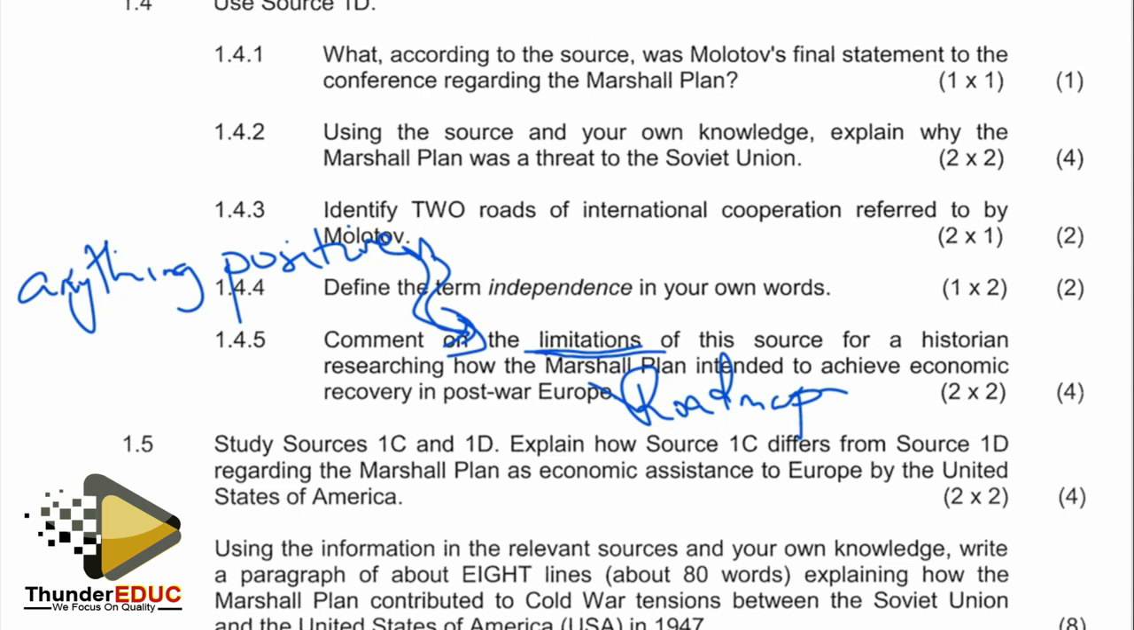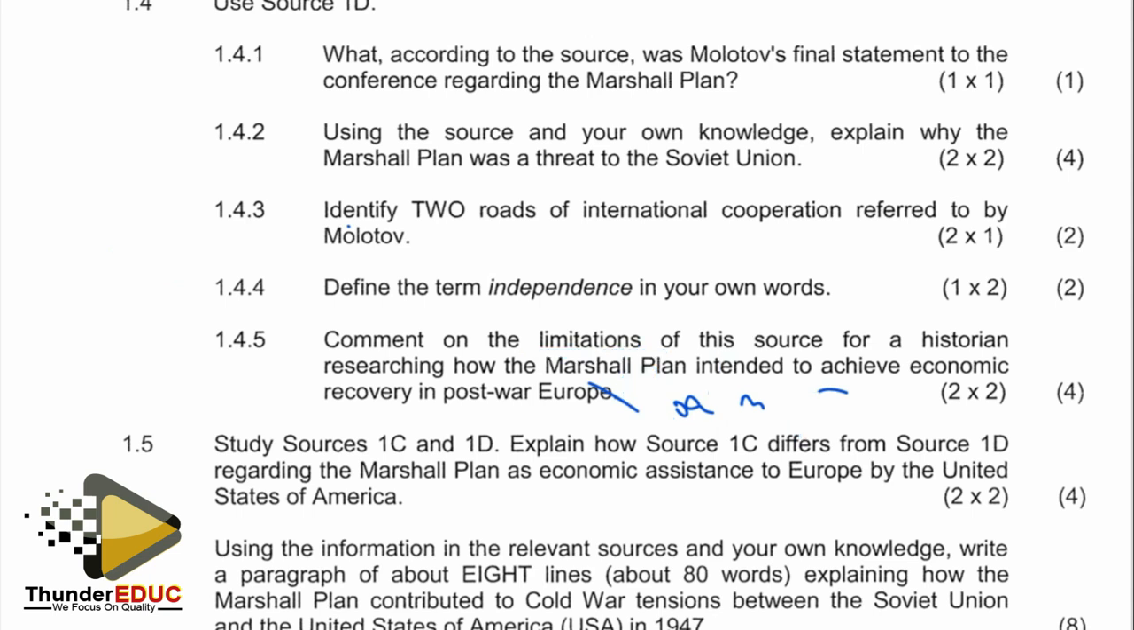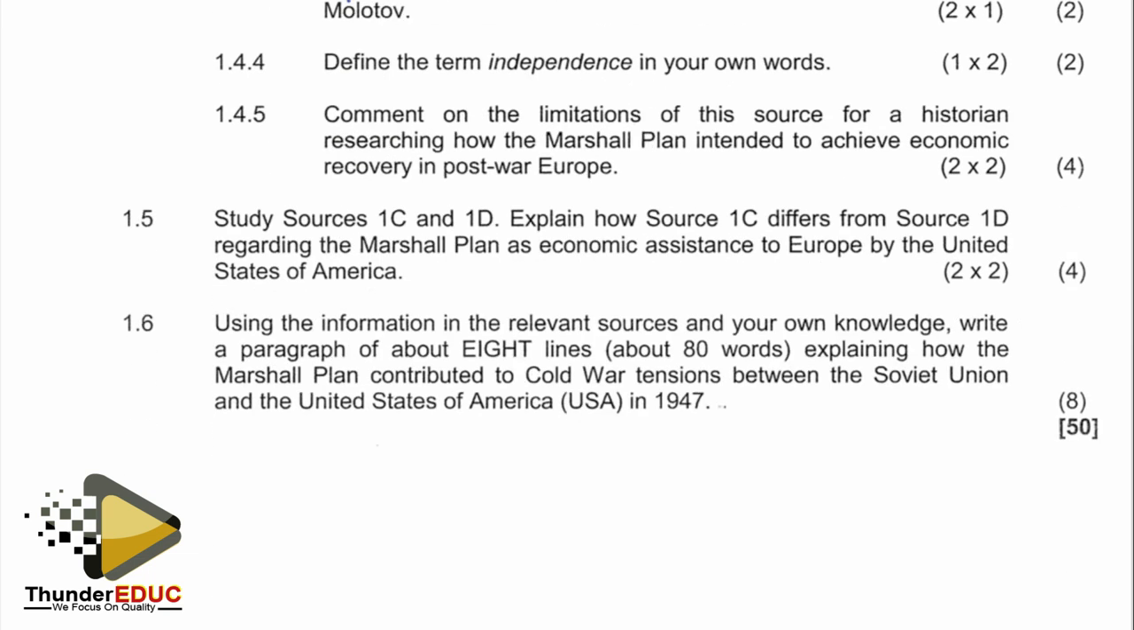Right. We move on to the next question. The next question is question number 1.5, a 2x2 question. Study sources 1C and 1D. Explain how source 1C differs from source 1D regarding the Marshall Plan as an economic assistance to Europe by the United